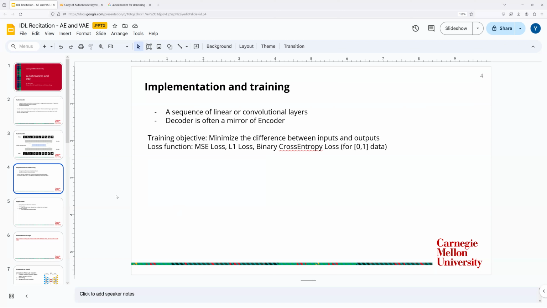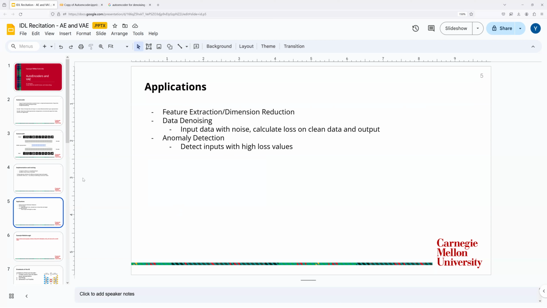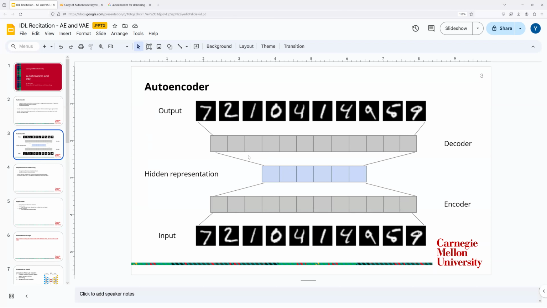Nothing magical here. Right, applications. There are several applications of autoencoders. One of the most straightforward applications is to generate a feature that represents important information about the input. So back to this example, this latent representation hopefully contains more information about the input that is more valuable for some tasks, such as classification,